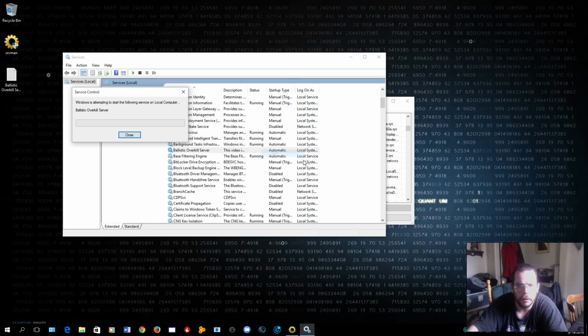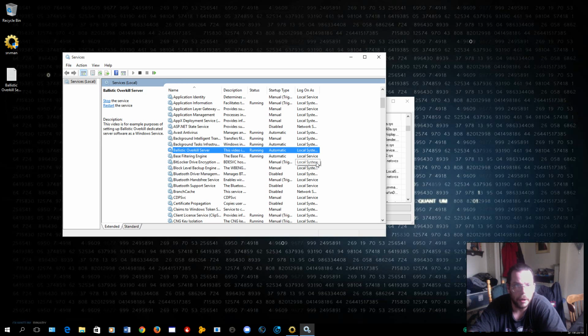So when you click that and you click that, if all's done well, your server's now up and running, and you should be able to get people to connect to you. But rule of thumb, you do actually have to configure your firewall and router to actually allow those incoming connections to be